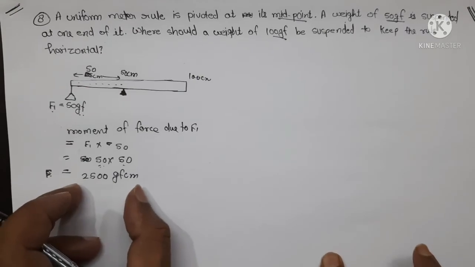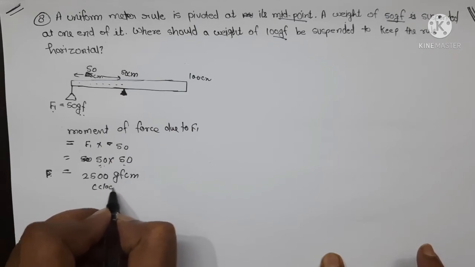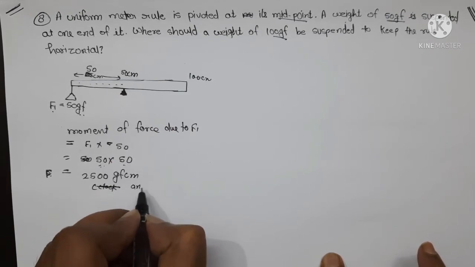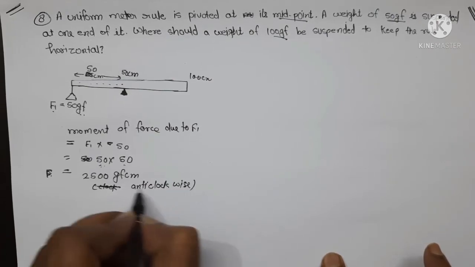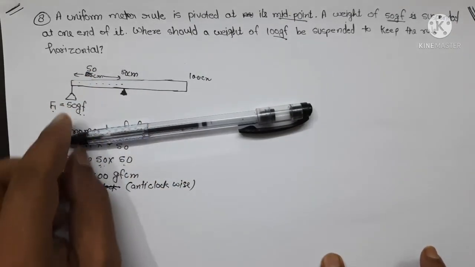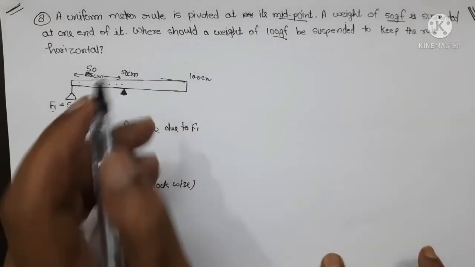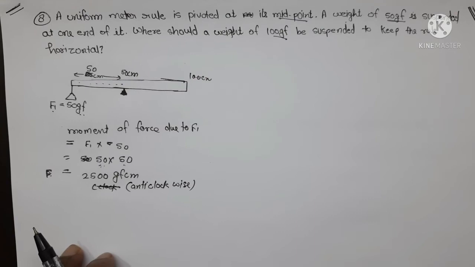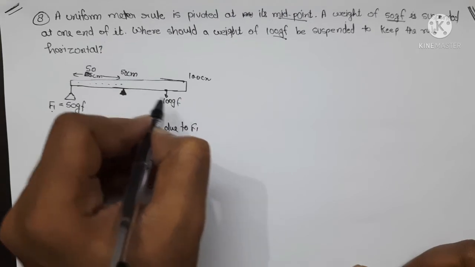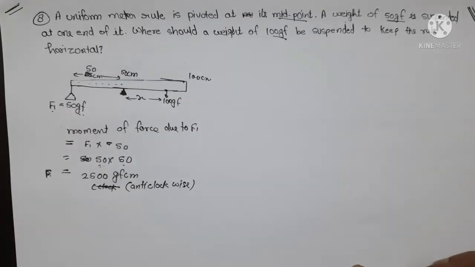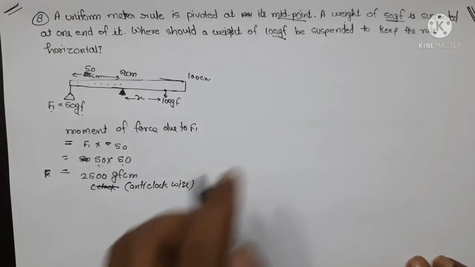Similarly, this moment of force must be balanced by another moment of force which will be in the clockwise direction. So this is in the anti-clockwise direction. We are applying force on this side, so definitely this rule will try to rotate in an anti-clockwise direction, but we want to keep this meter rule in a balanced position, which means a horizontal position. So let's say we are applying a 100 gram force at a distance x from this pivoted point, and for that your moment of force must be exactly equal to this one.